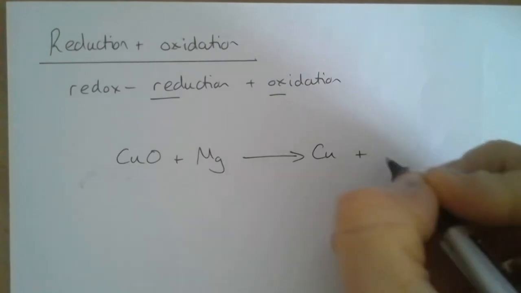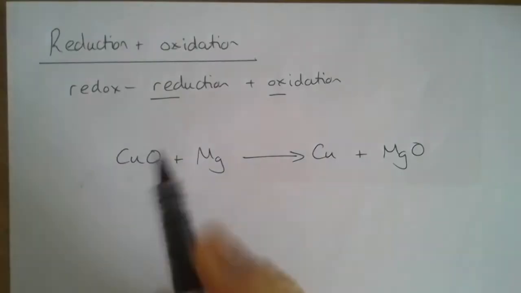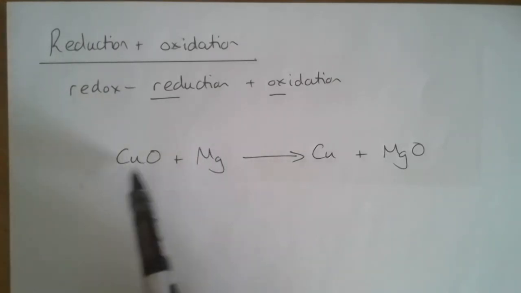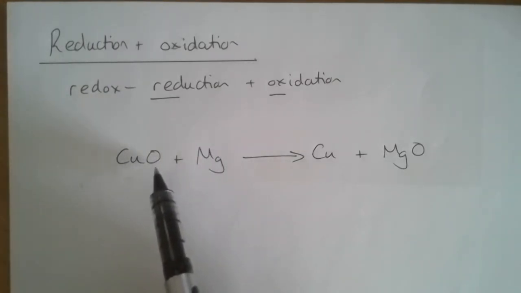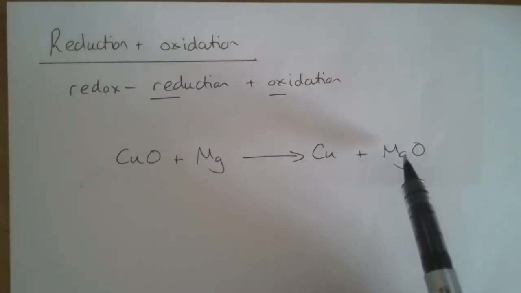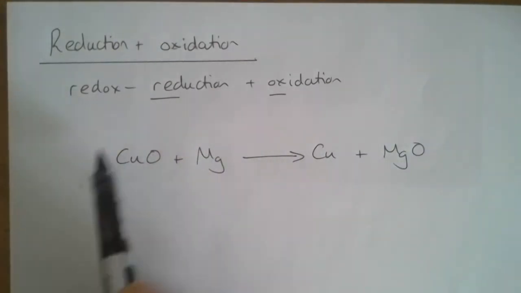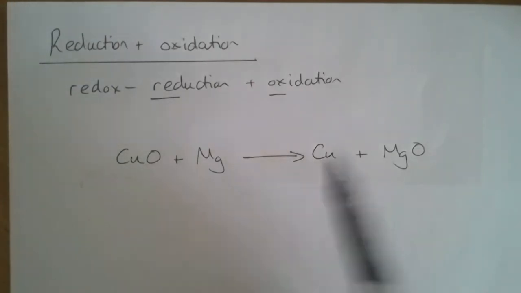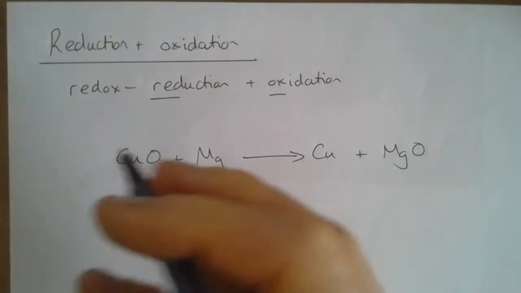So this is the displacement reaction between copper oxide and magnesium. In it, magnesium, which is more reactive than copper, displaces copper, takes the oxide ion from it, and becomes magnesium oxide. Copper oxide loses the oxide ion to become copper. Now, in terms of oxygen,